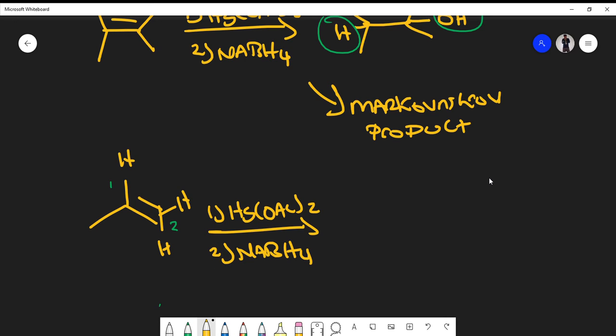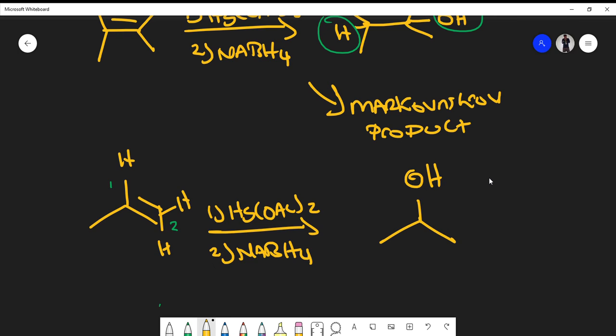So I want you to think of more substituted this way: when I say a carbon is more substituted, think of it as the carbon atom having fewer hydrogens. The fewer hydrogens the carbon atom has, the more substituted it is. So therefore, carbon 1 would be more substituted than carbon 2, and we should expect the OH group to be on carbon 1. Right? So if that is the case, then really what we're doing is adding the OH group to carbon 1,